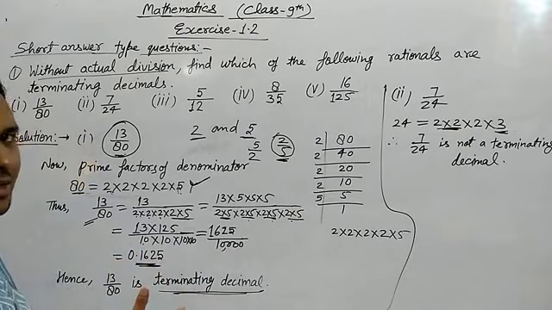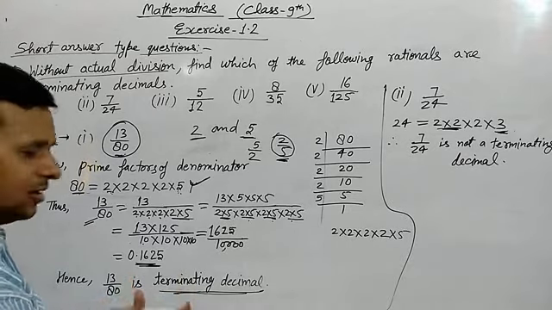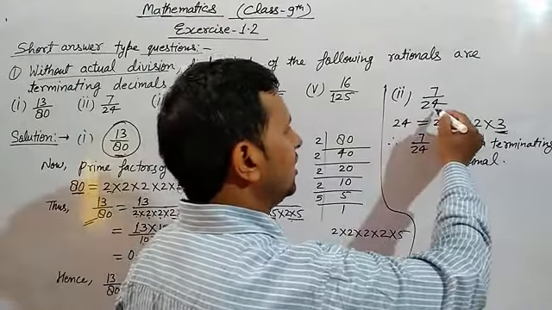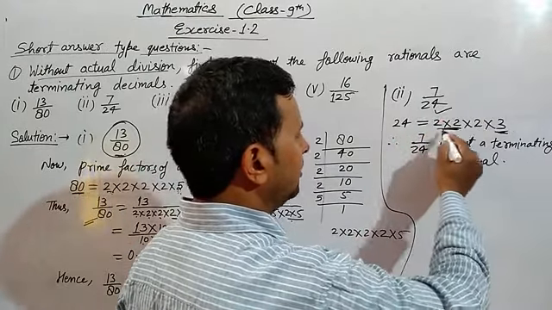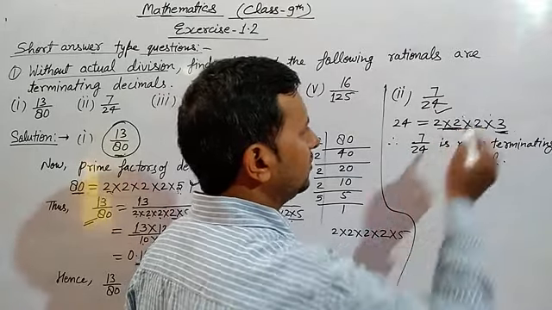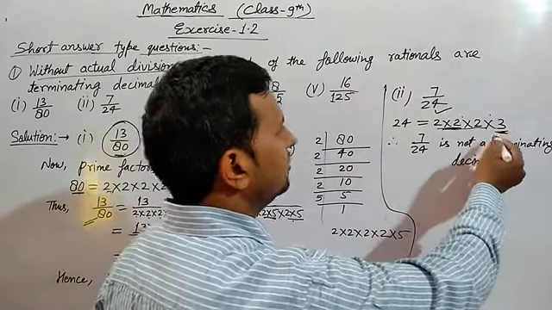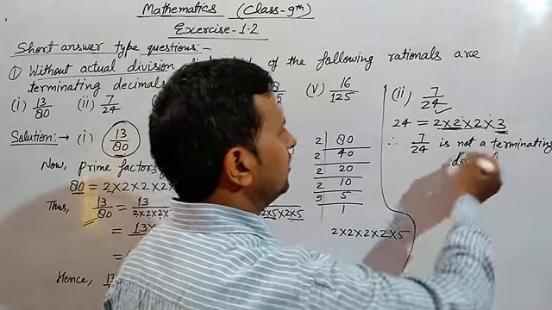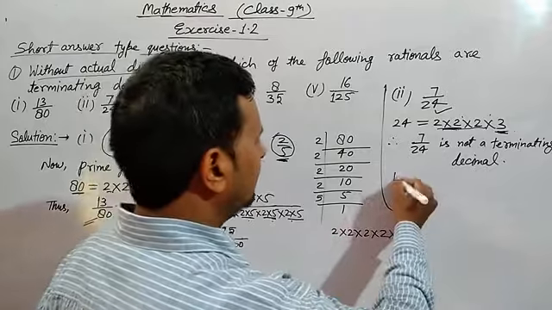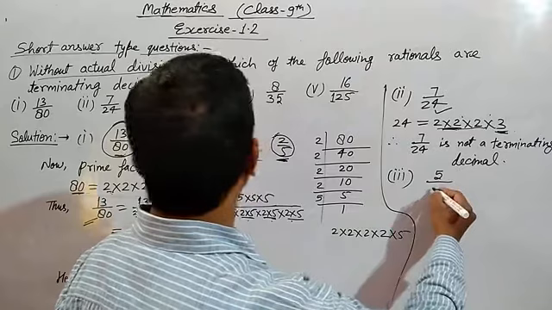I have solved here to show that it is a terminating decimal, so we have justified it, but there is no need to solve. You have to factorize only the denominator and get prime factors. If you get only 2 and 5, then it is terminating. Otherwise, if other numbers are found, it is not a terminating decimal. Same as part three, it is very easy. You can solve all questions in this way.